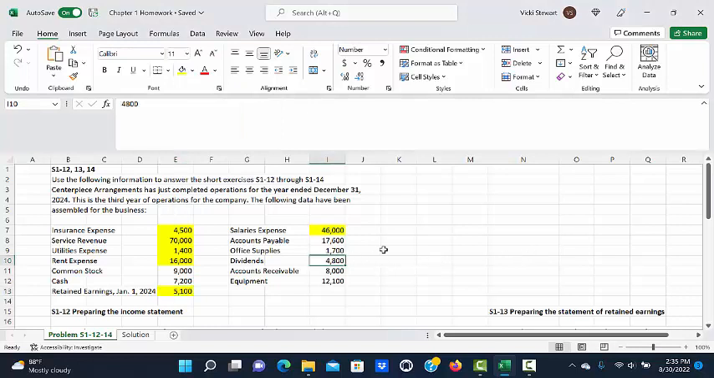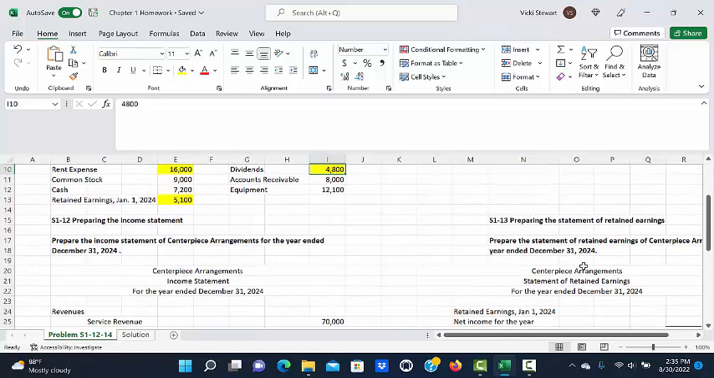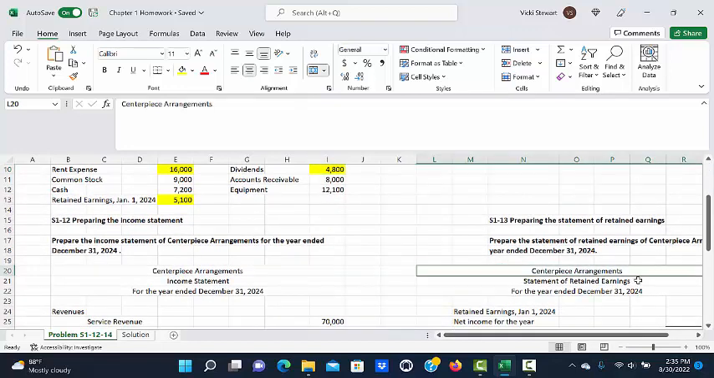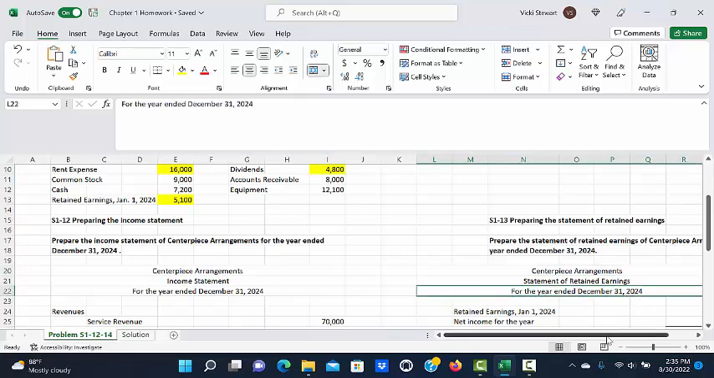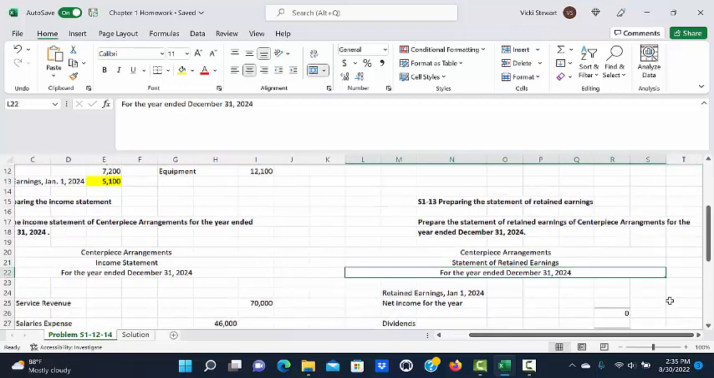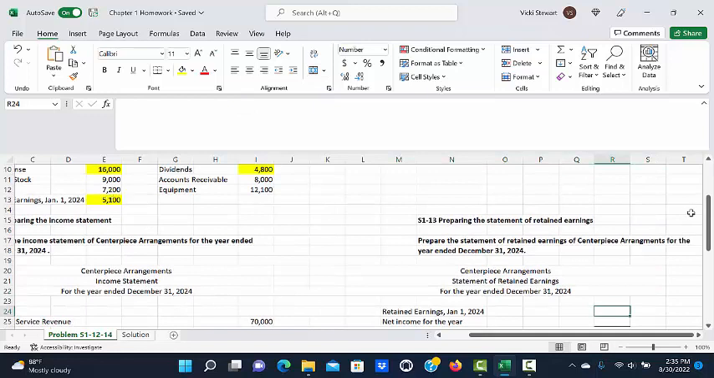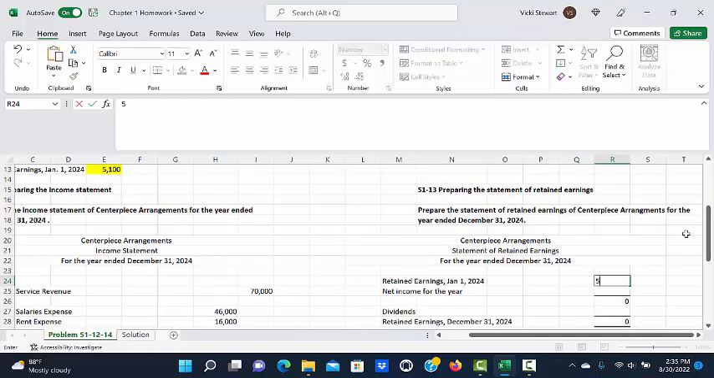And we're also going to highlight our dividends. So we're going to use that information to complete the statement of retained earnings. Now the heading again would be Centerpiece Arrangements, Statement of Retained Earnings, for the year ended December 31st, 2024. So we're going to start with our retained earnings at the beginning of the year, which is 5,100, and then